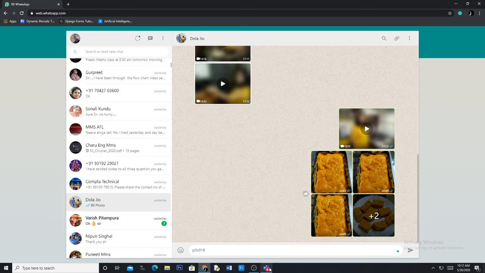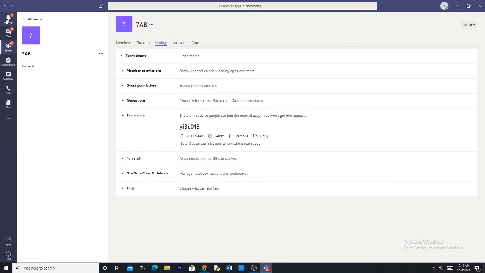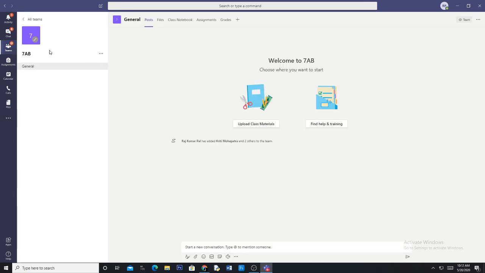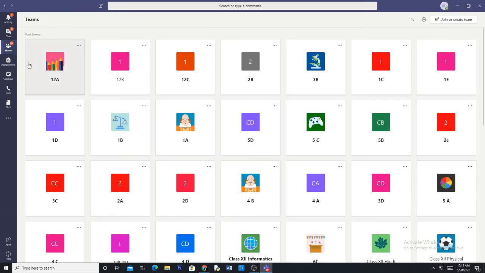Now what the children need to do is, they will get into their Teams app. This will be their first screen in Teams. They cannot see so many teams.